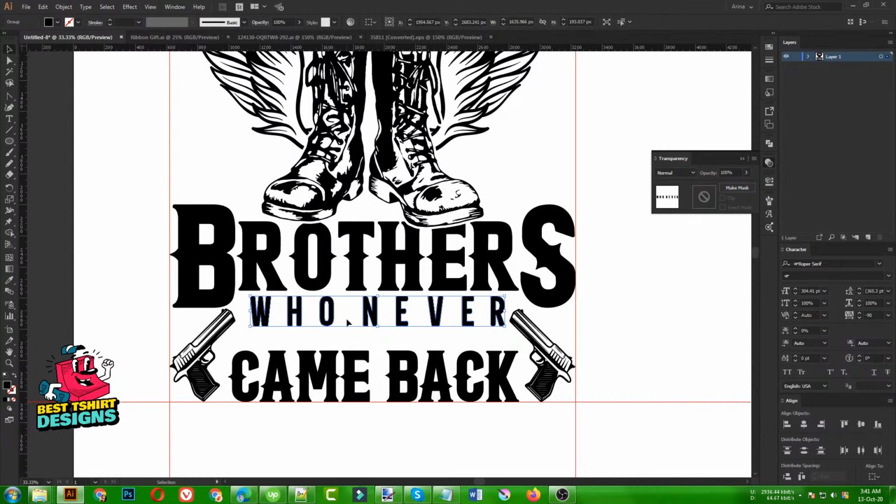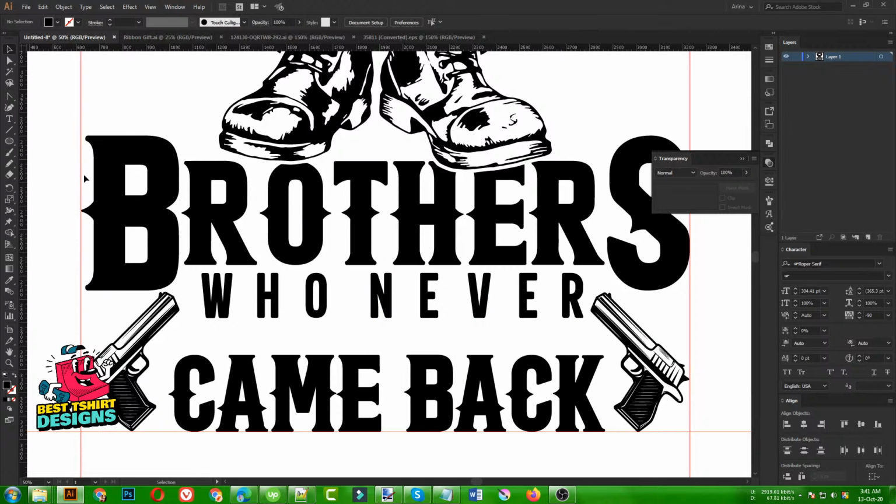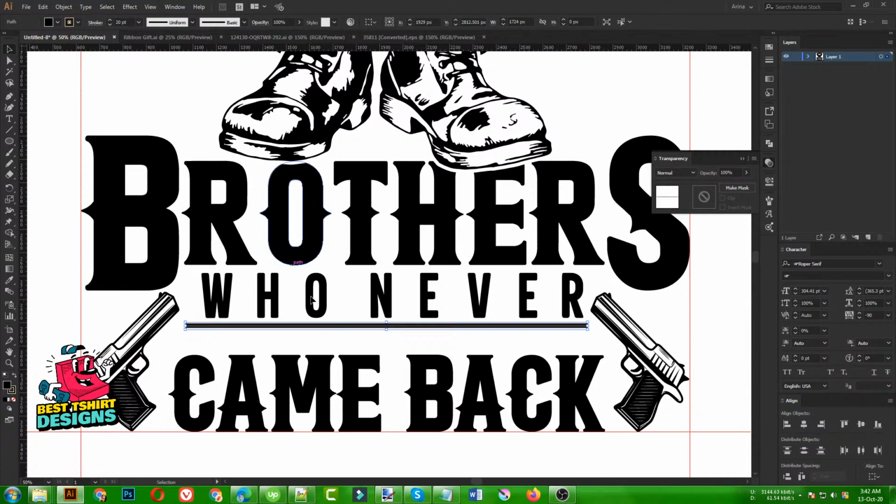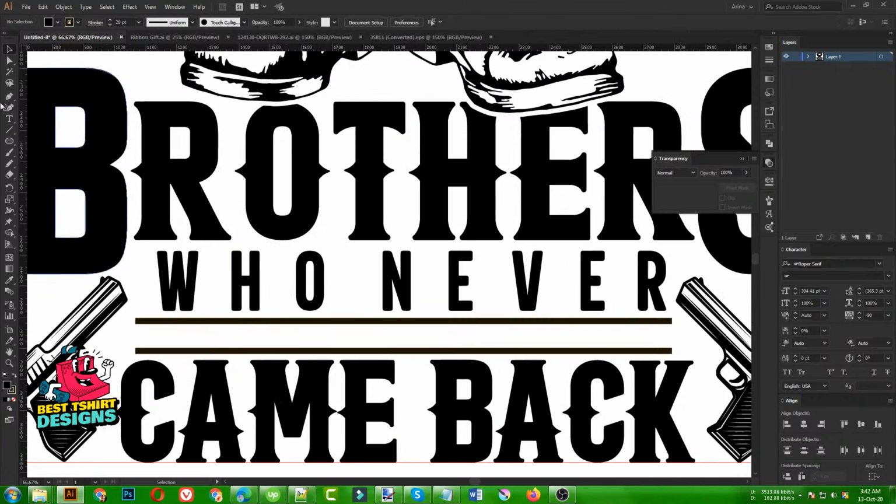There we have some extra space. Here we will add some elements to fill these areas. Sorry, not there, just like this. So basically we are going to add some veteran elements like some flag elements in these areas, so that it looks like this is a design for